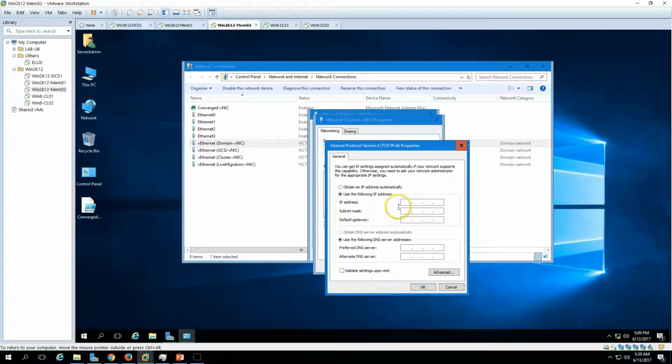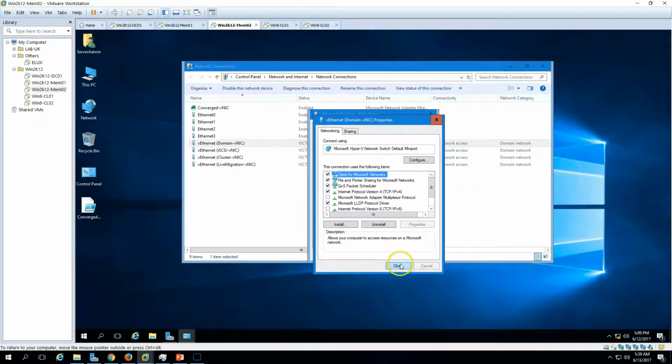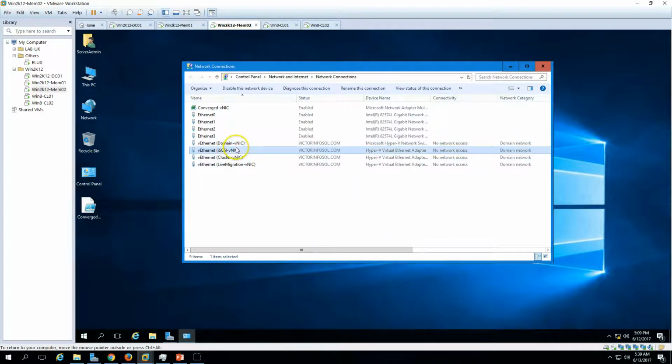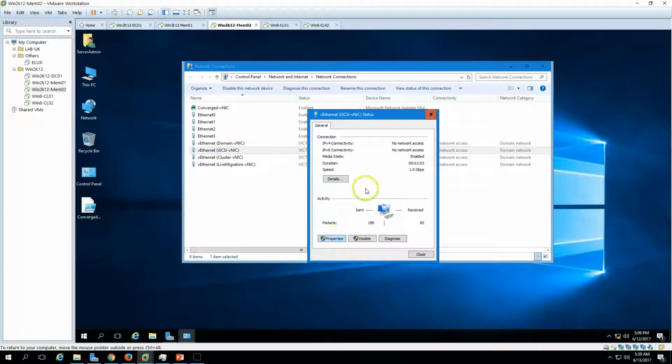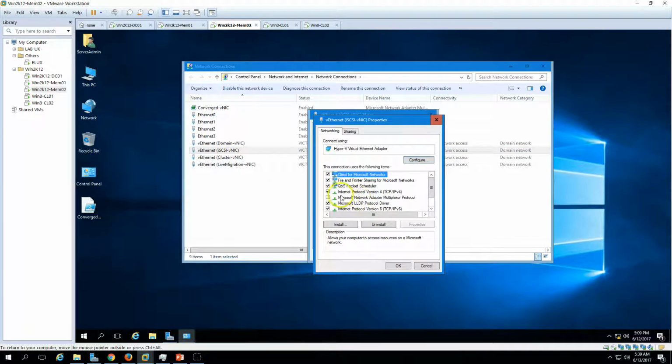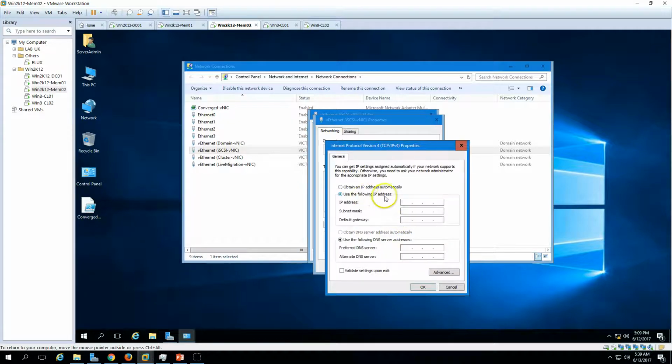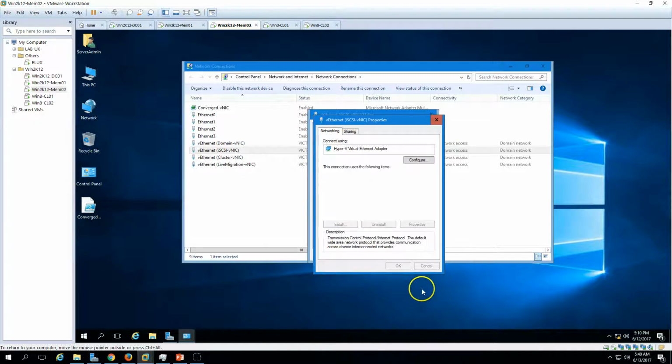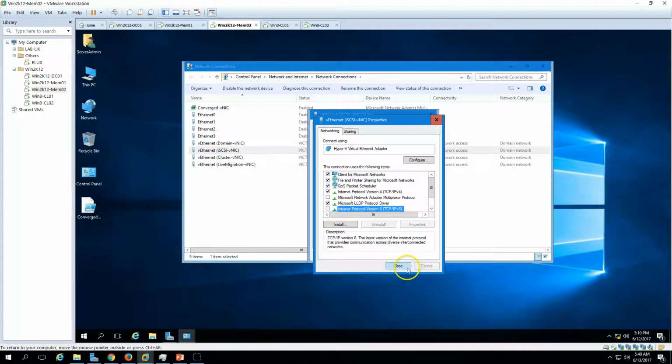IP address 192.168.1.202, and the default gateway we don't have, and preferred DNS. And same I have to configure for the iSCSI traffic, which is 10.10.10.202, 255.255.255.0, and uncheck the IPv6,